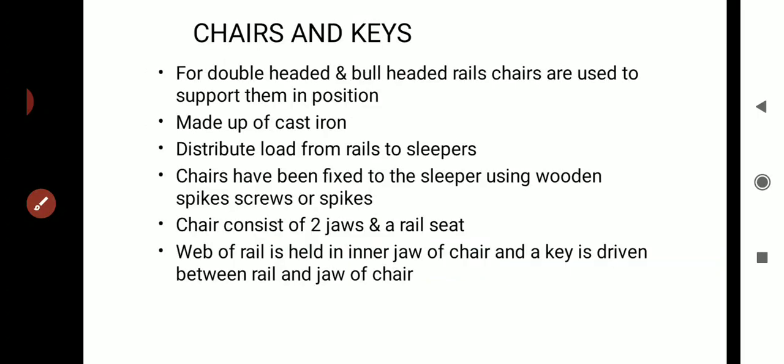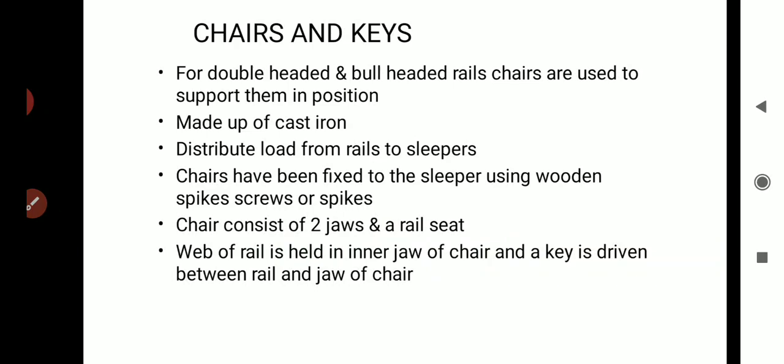Then next come to chairs and keys. For double-headed and bull-headed rails, chairs are used to support them in position. So here the chairs and keys are used for the double-headed and bull-headed rails to keep them in proper position. These chairs are generally made of cast iron, and they help to distribute load from rails to sleeper, and chairs are fixed to sleepers using wooden spikes